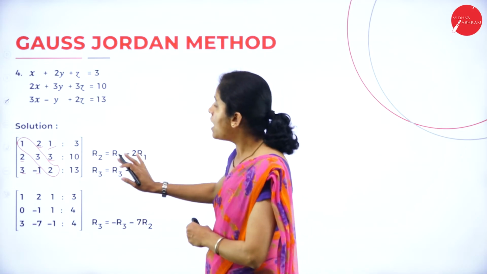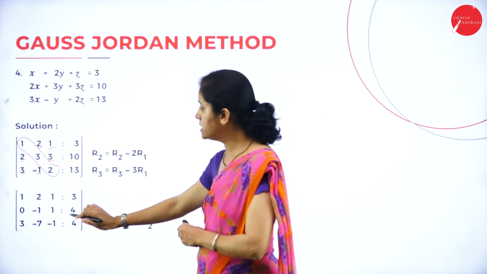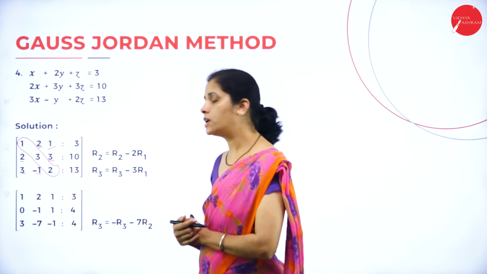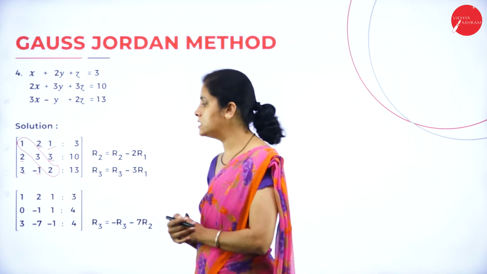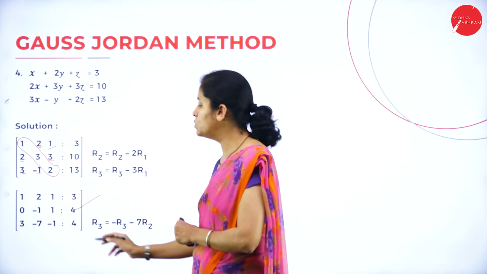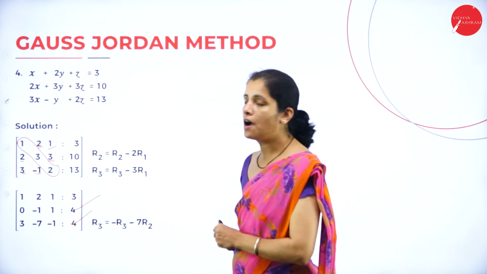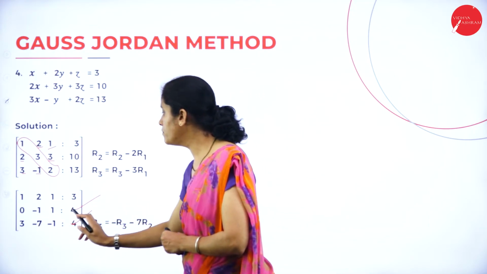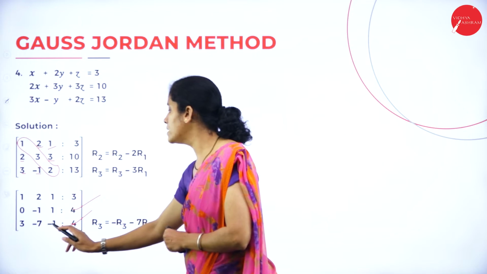Okay, so after substituting the formula, see here, I'm not going to change row 1. So I'll write row 1 as it is and I'm going to change row 2 and row 3. So after substituting the formula, I'll get 0, minus 1, 1, 4, 3, minus 7, minus 1 and